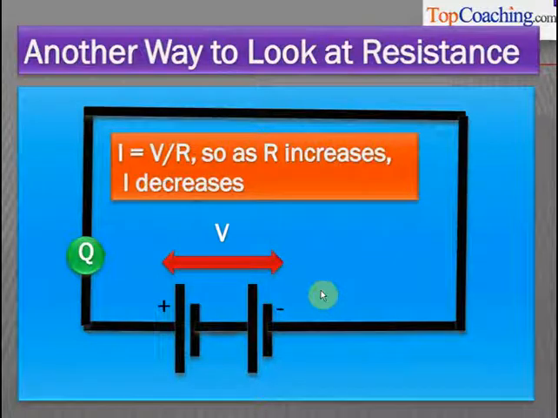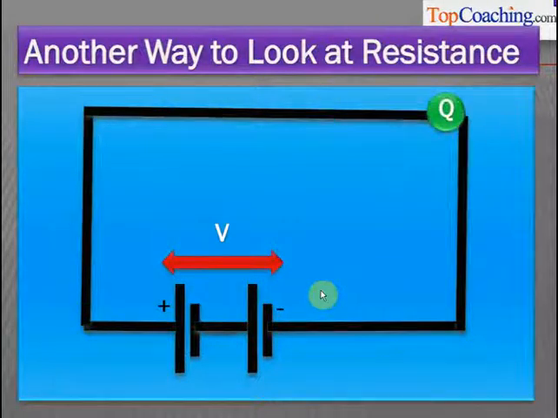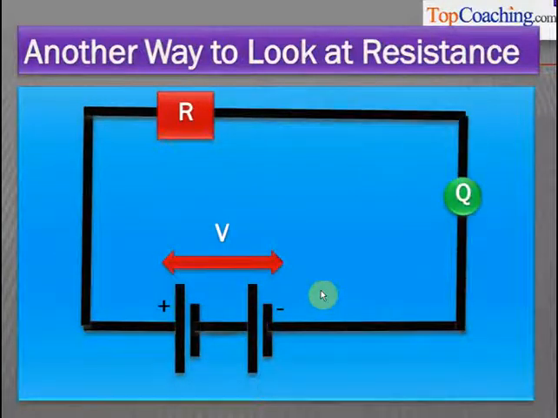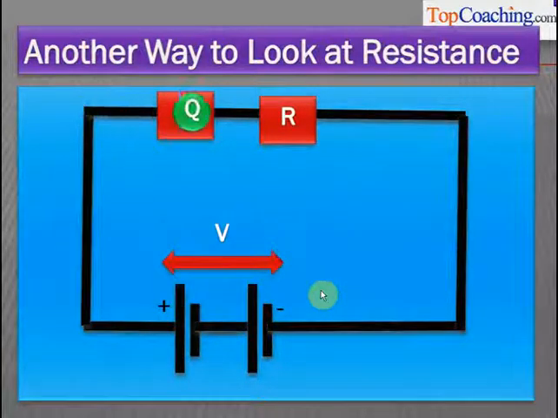Understood? So initially, there's a lot of current flowing in the circuit. You can see that the rate of flow of charge is very high. Now we add a resistance in the circuit. Now less current is flowing in the circuit. Now we add even more resistance in the circuit. Now even less current is flowing in the circuit. And now we add yet another resistance to the circuit. And as you can see, very less current is flowing in the circuit. So the higher the resistance in the circuit, the lower the current flowing in the circuit.